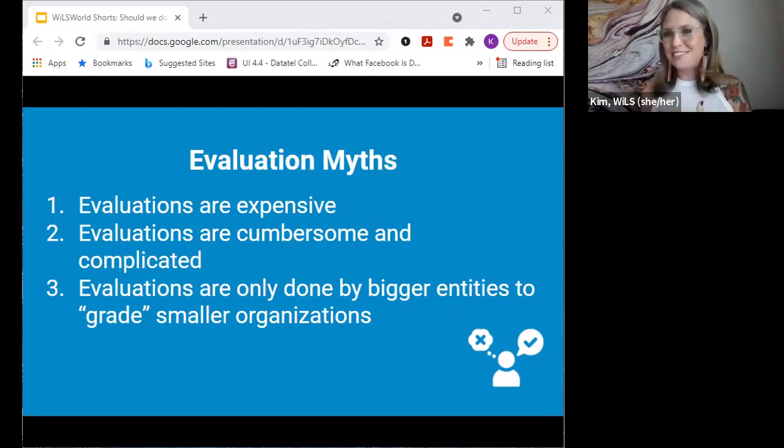I'm probably the wrong person to judge on that since I love research and data and all of that stuff there. And it definitely doesn't have to be scary. You also do not need to be a professional researcher or evaluator to conduct your own effective evaluations at your organization. So when it comes to evaluations being viewed as these wily, expensive endeavors, many people tend to